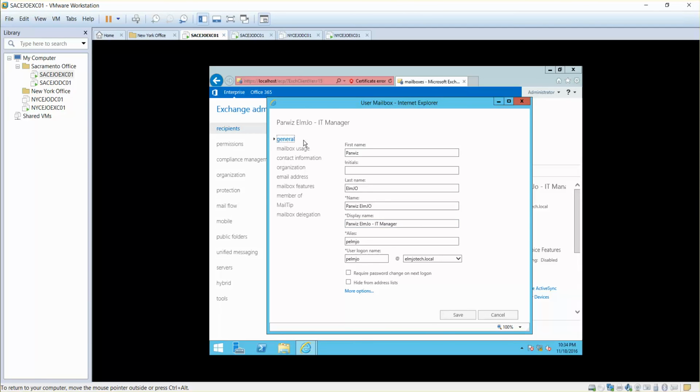For now, when you click on General for the user mailbox, this is all the general information about a user. For example, first name is Parvez, initial, last name, and then full name in here, and then display name, alias, which is the username, and then user logon name, and then you can simply click on require password change at next logon, and then hide from address list, which means that when you go to your Outlook and